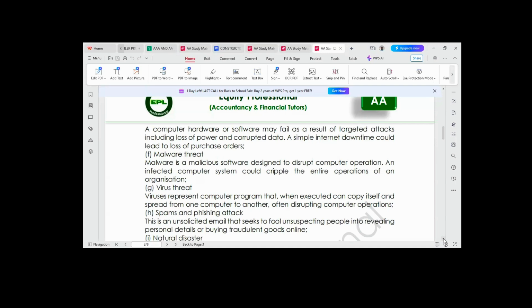Now, phishing attack and spam, what do they mean? These are unsolicited emails that seek to fool unsuspecting people into revealing personal details or buying fraudulent goods online. We call them spams and phishing attacks. So somebody, you receive an anonymous email saying that somebody is the widow to one